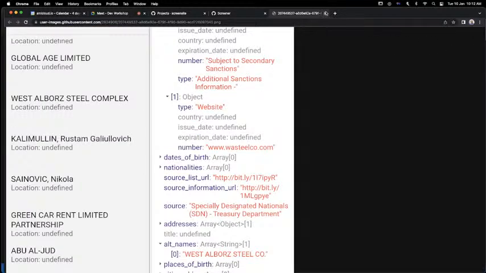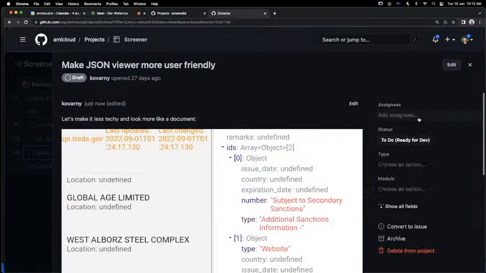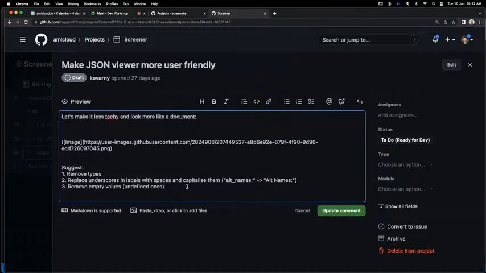Okay, so instead of removing them, for empty fields, let's just show empty instead of undefined, or even